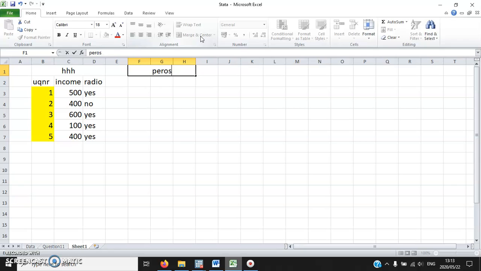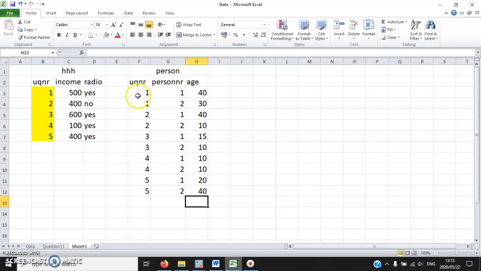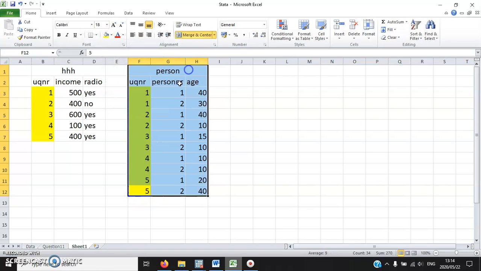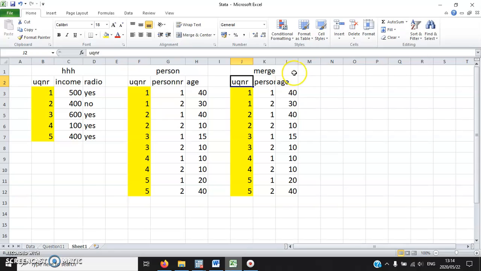And again, the person file, let me first explain the story. Maybe age. I just want to simplify the explanation. I assume 2 people in each household. Then I randomly put some age. Okay. So again, I need to make use of the unique household ID number to merge the household file and the person file together. So that will be my merge file. And then